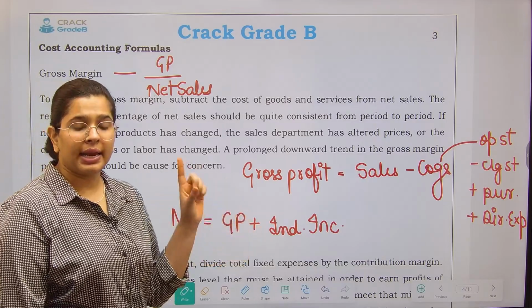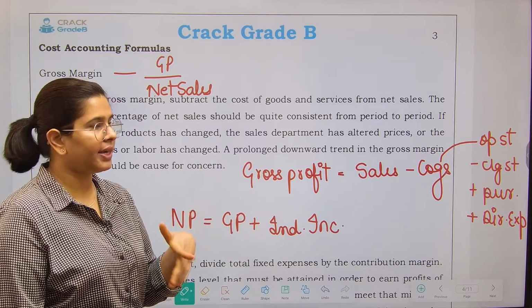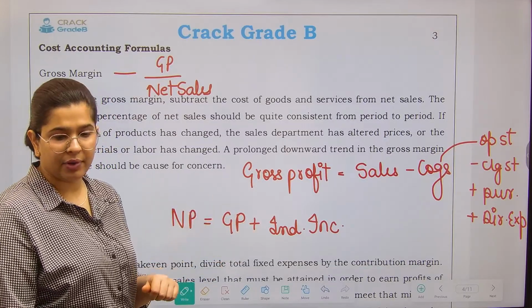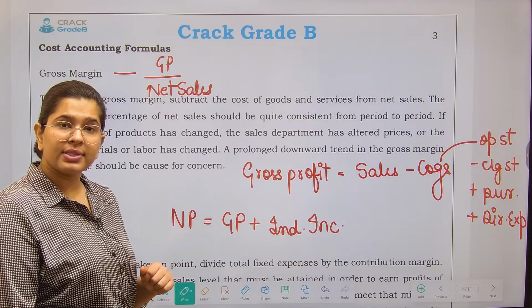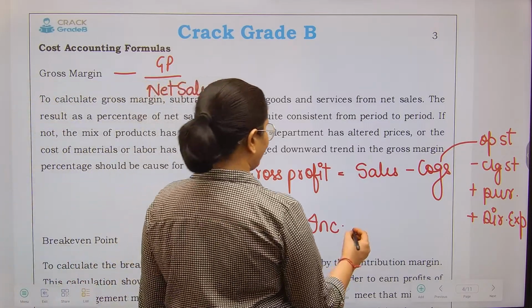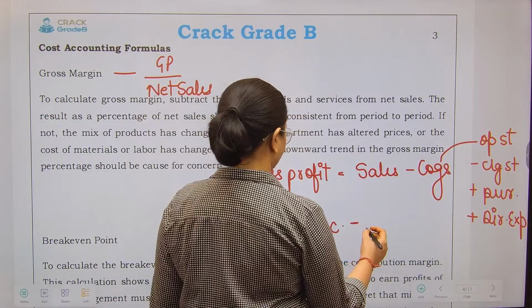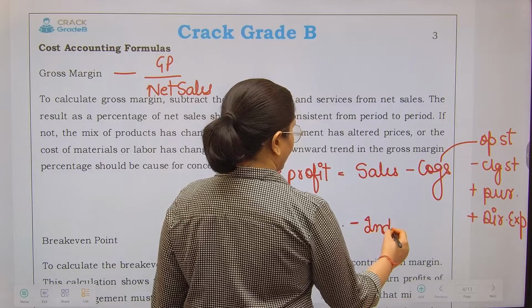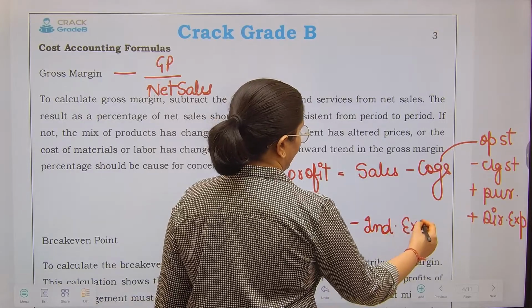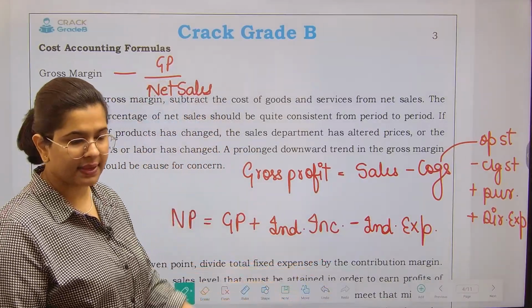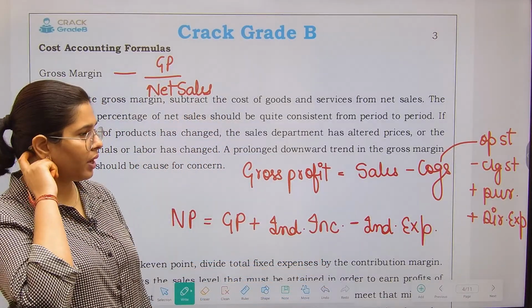For example, interest. Suppose I have provided a loan to someone. I am getting interest on it. That is my indirect income, right? Like dividend received, that is also an indirect income. Fine. And then we have indirect expenses. See, it was important for me to mention the indirect incomes as well, because these kinds of formula